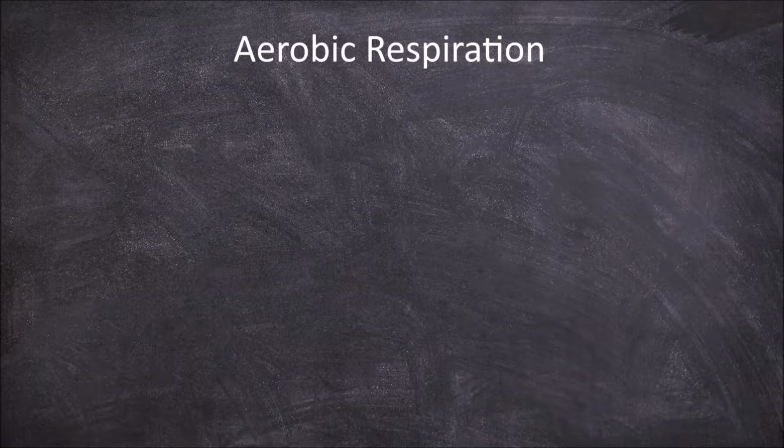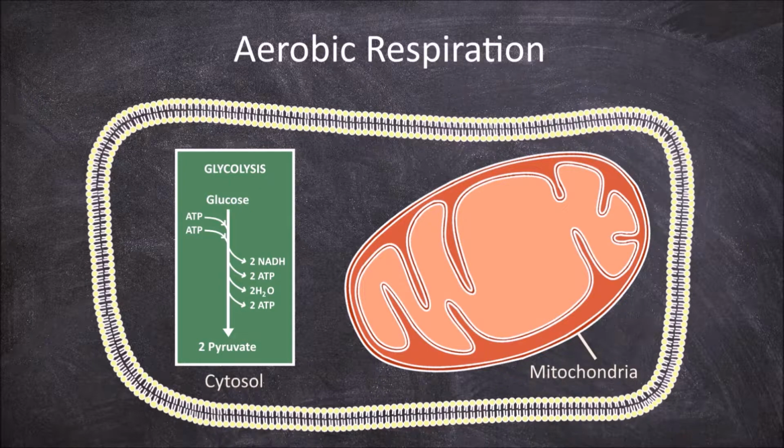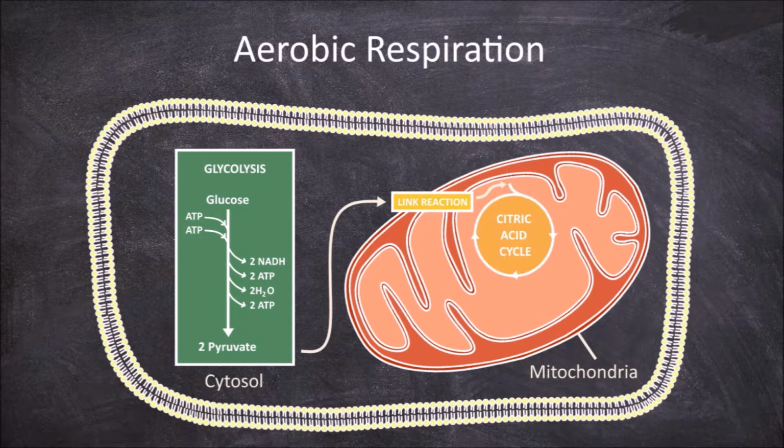Aerobic respiration occurs within cells. It starts with glycolysis in the cytosol of the cell. It then goes through the link reaction, moving into the matrix of the mitochondria. It then goes through the citric acid cycle within the mitochondria matrix. Then it goes through the electron transport chain and chemiosmosis in the inner mitochondrial membrane, producing energy in the form